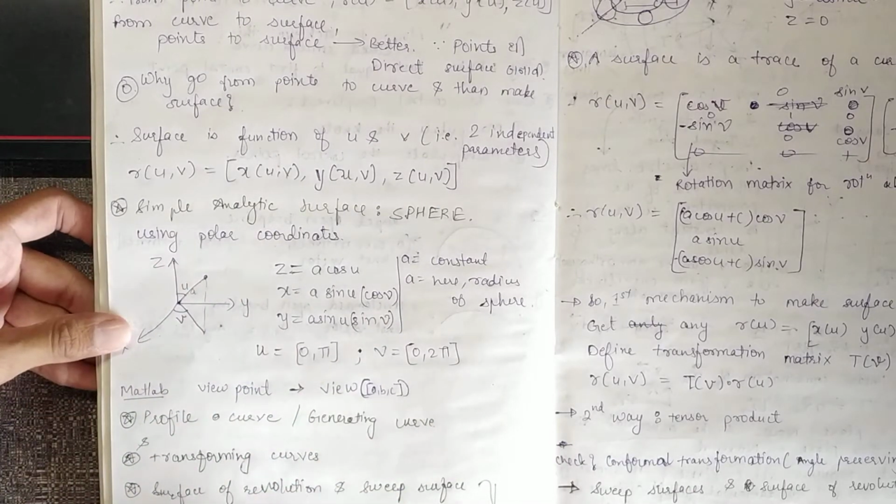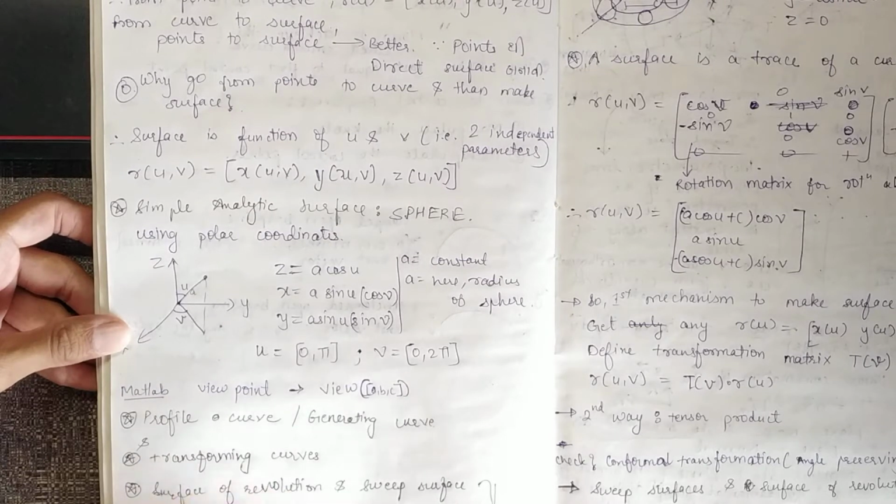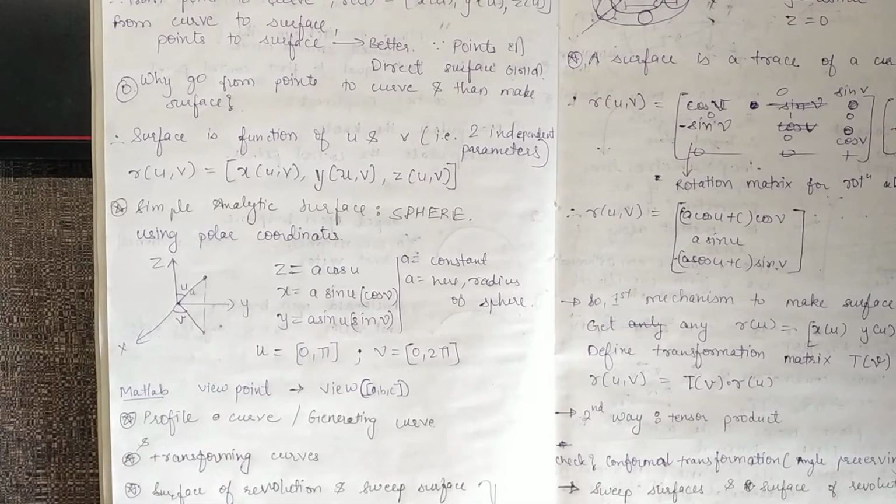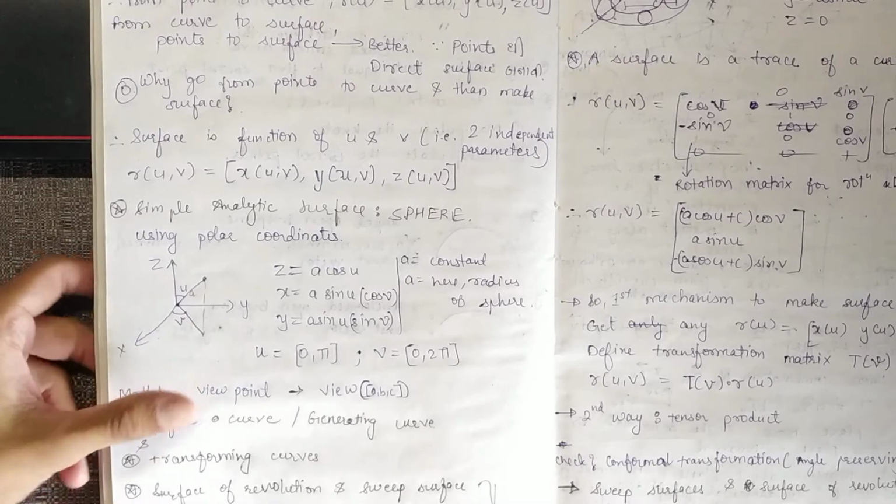So we can take a curve x(u), y(u), z(u), which is r(u), apply a transformation and get r(u,v). The curve initially gets a surface, and the curve is taking a parameter u. The transforming matrix, which is also a transforming curve, like on what path the profile curve should move, is given by the transforming curve or the guiding curve, and that is taking a parameter v.